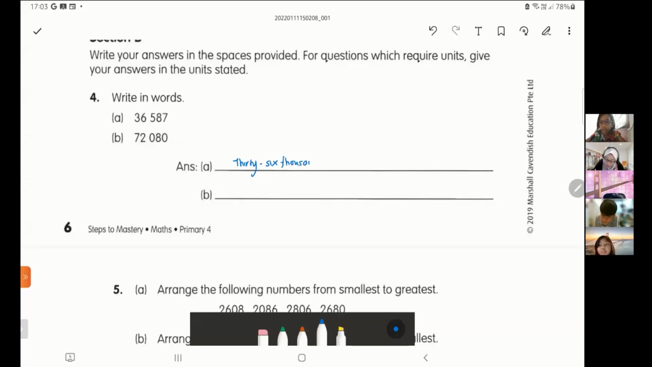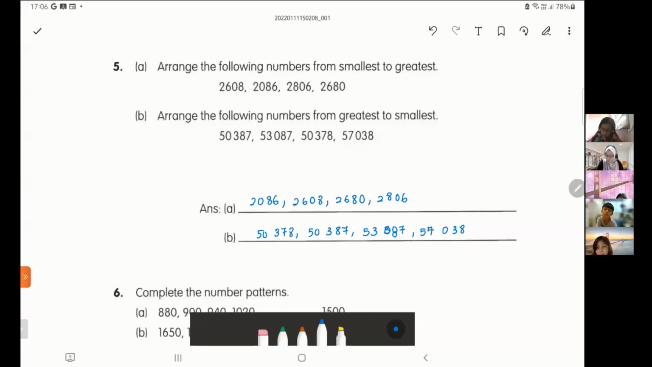36,000, right? Then you put like this, comma, 500, right? And 80 dash 7, right? Okay, good. Now, so B is 70. Must we have a dash? Yes. 2,080. All right, like this. Okay. So for 5,